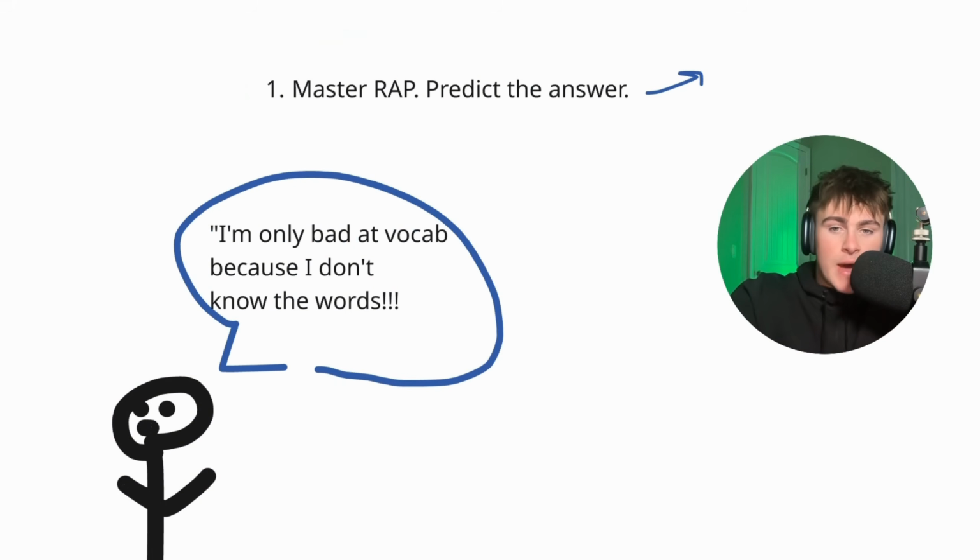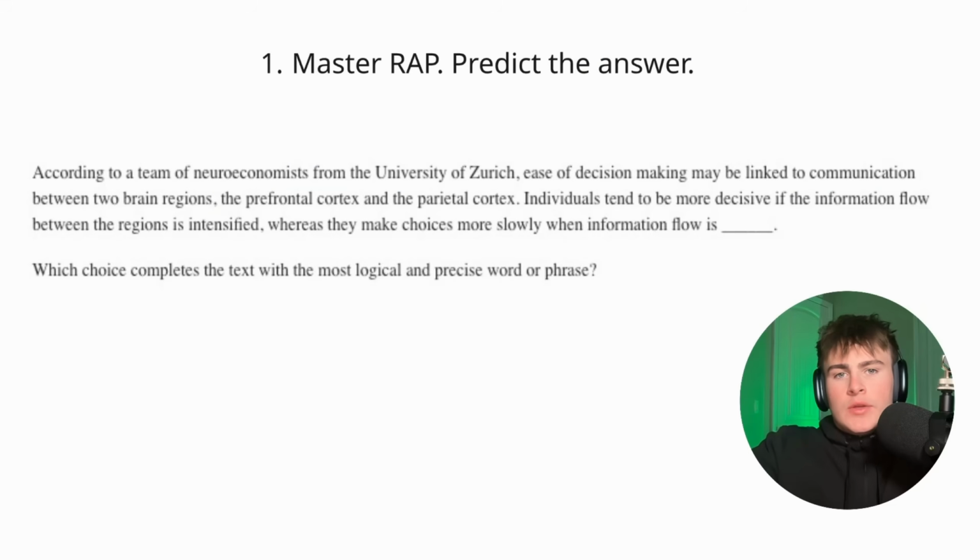This is you. You need to master RAP and be able to predict the answer, but how do we even do that? I'm going to show you right now. Your whole entire goal on vocab is to predict a word that will go in the blank. Obviously, you're not going to predict the exact word most of the time, but you will get a synonym, because if you can predict a synonym in the blank, then you will find a word that has the same meaning, and then that's it. Okay, so this is the biggest and most important part of vocab. If you can't do this, you will get every vocab question wrong. So make sure you understand how to predict and comprehend the text.